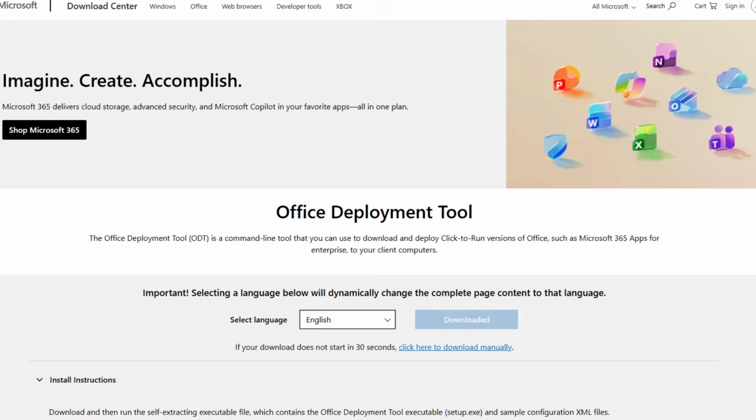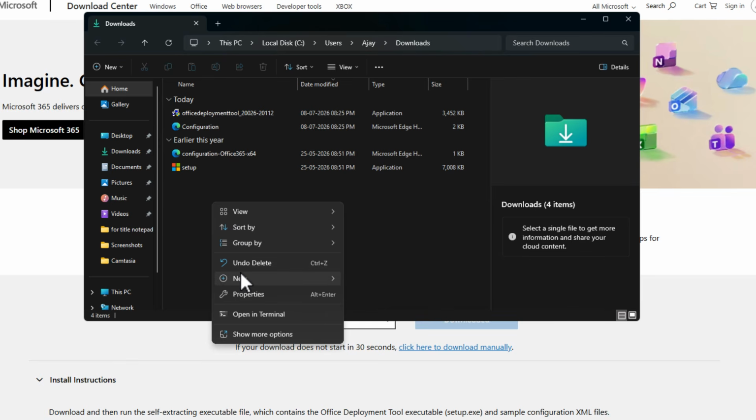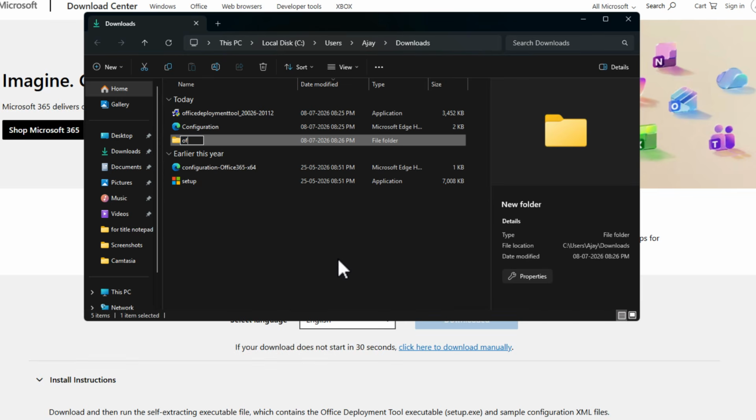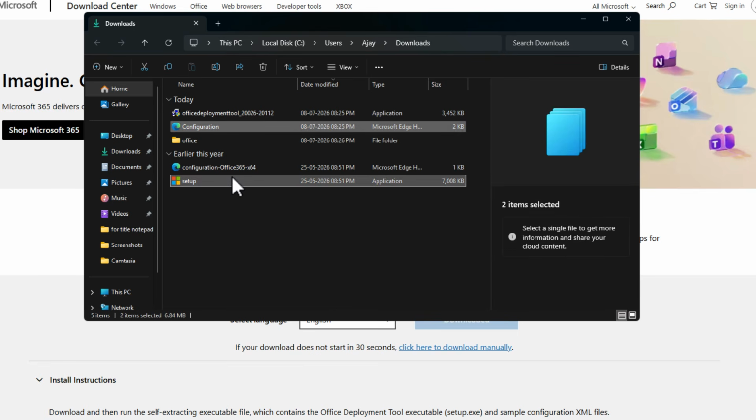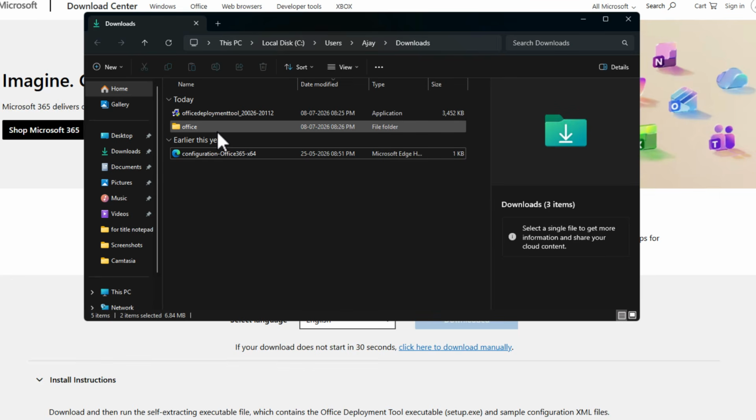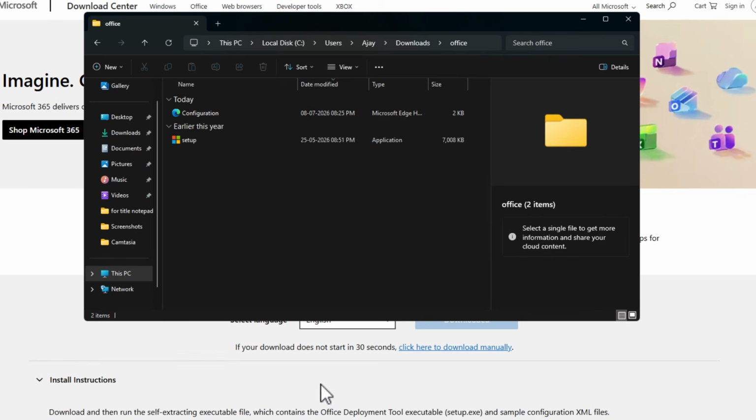And now navigate to downloads. Create a new folder in the downloads folder and name it Office. Press enter. Select the configuration and setup. Drag and drop inside the Office. Open the Office and copy this file path